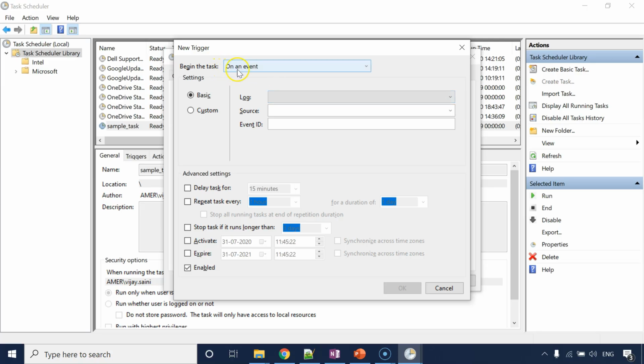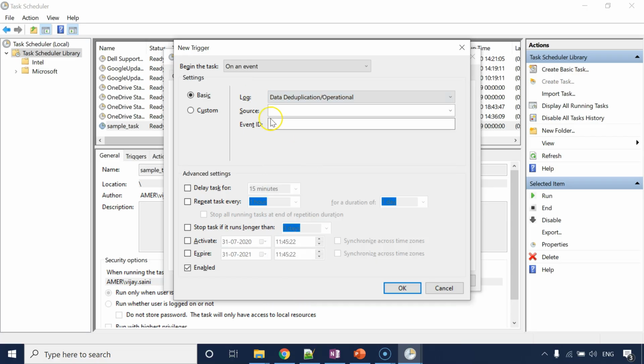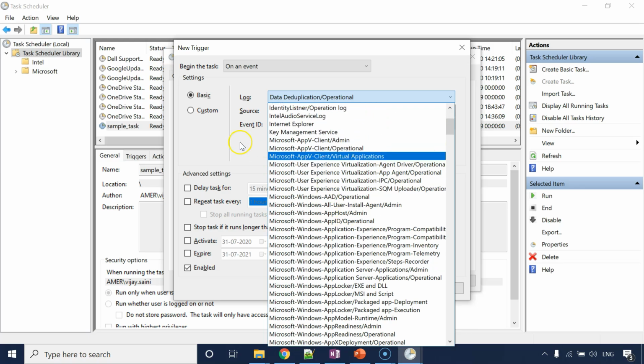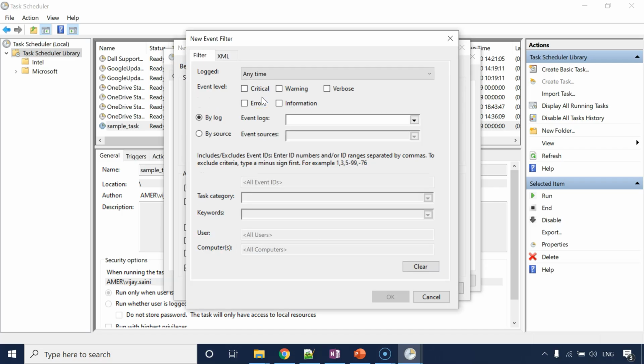Moving on. If you wish to execute your task upon some event that happens in your system, you can go for event based triggering, right? So here you can choose what type of log you want and what is the source and event ID of your event, and whenever this particular event occurs, your scheduled task will get triggered automatically. If you don't wish to go for these default options, you can even customize this like this.